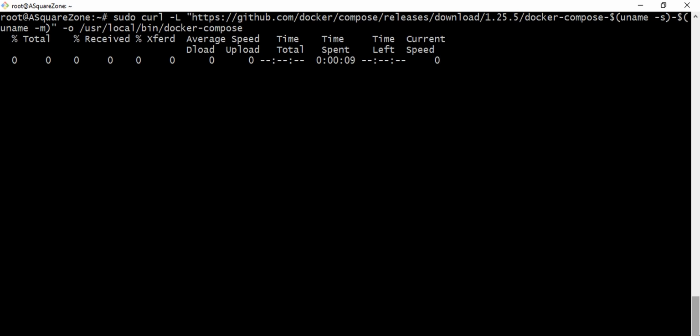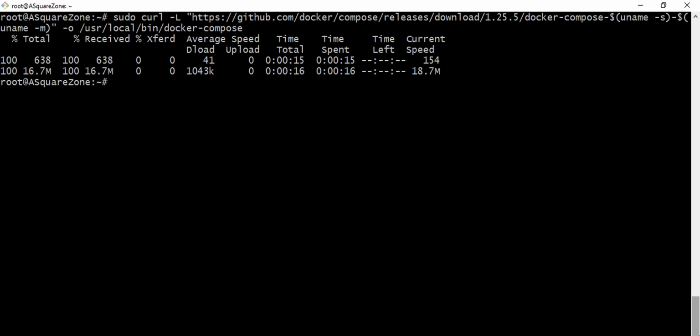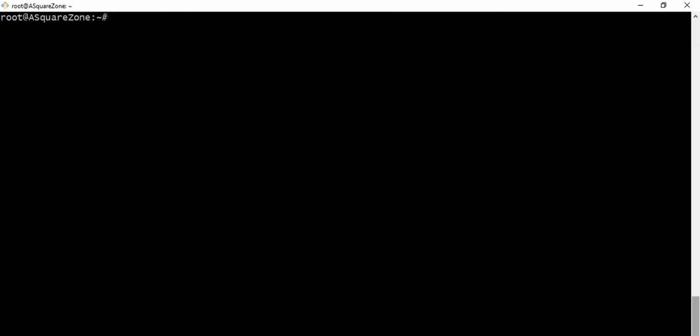It is getting all the binaries here, and then we need to give execution permission on the binaries. Using the chmod command, we are giving executable permissions to the binaries.